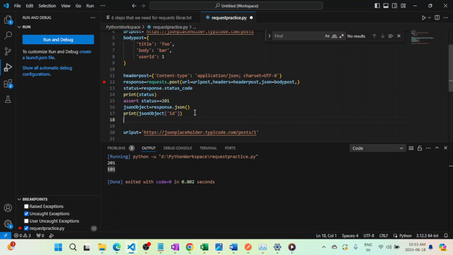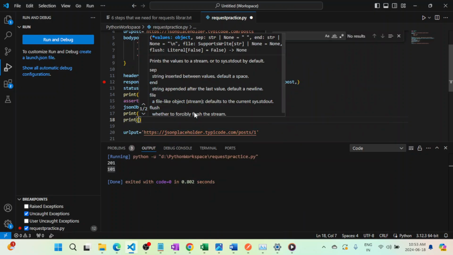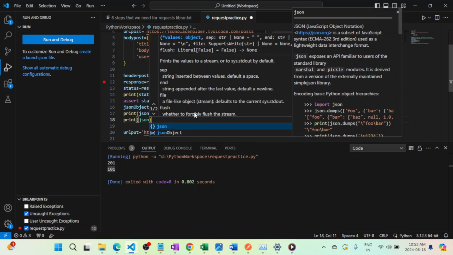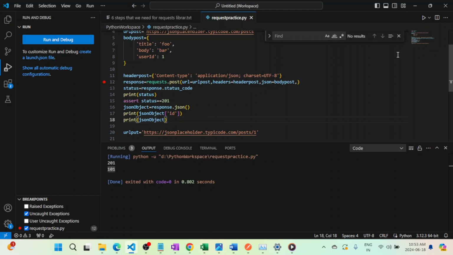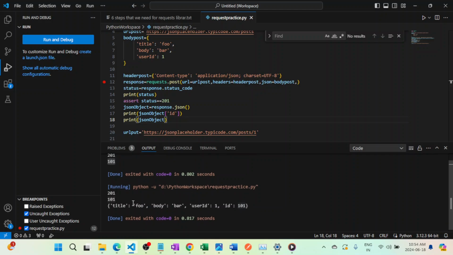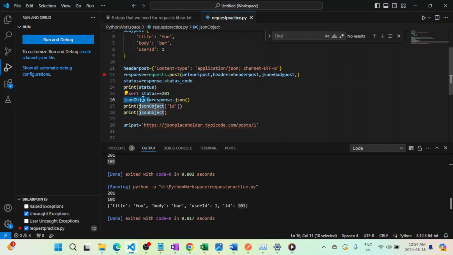Okay, let me print the request we got, see what was inside it. Okay, control S. Okay, see, it has title, body, user ID, and ID. So we can use this JSON object, right? Instead of creating new body for the put method, we will reuse this. Okay, so what we are doing is the output of one request will be used as the input for the